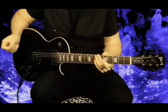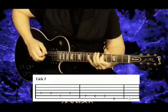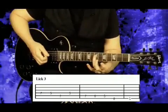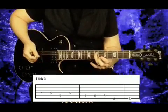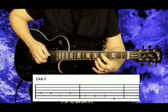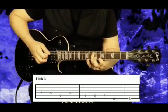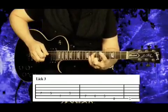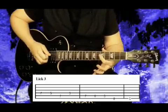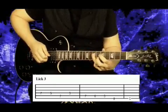This lick is out of the A pentatonic minor blues scale. Sounds like this. So what I'm doing there is I'm starting on the A, the 7th fret on the 4th string, and then I'm playing the 5th fret on the 4th string, and then I'm playing the 7th fret on the 5th string, the A string. So thus far we've got, and then I'm going back to the 5th fret of the 4th string. So thus far we've got,